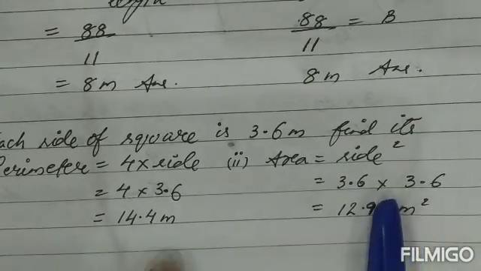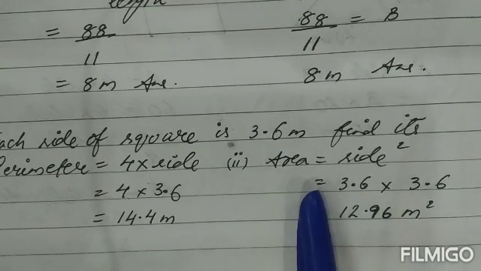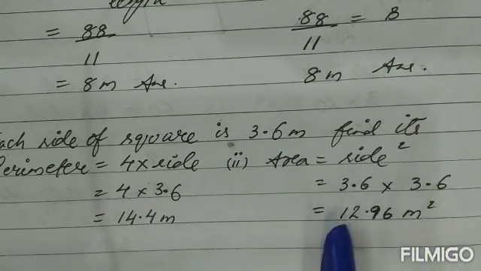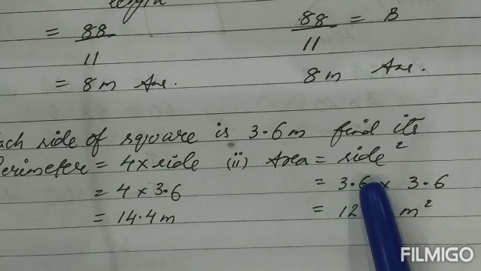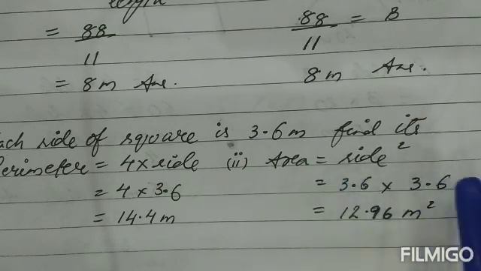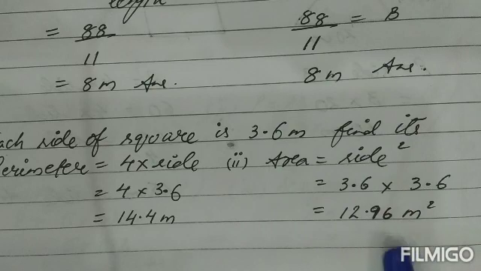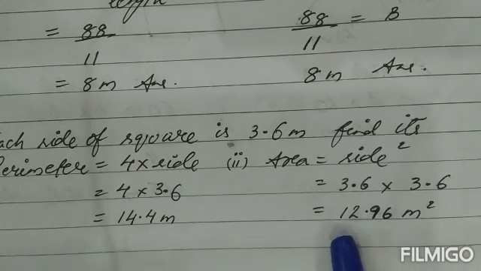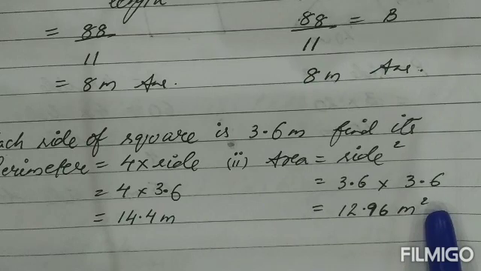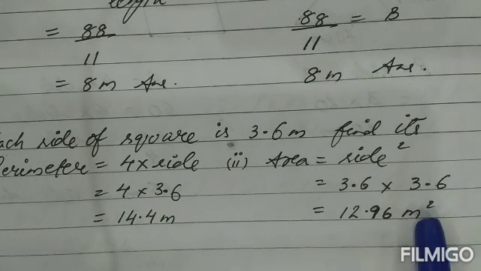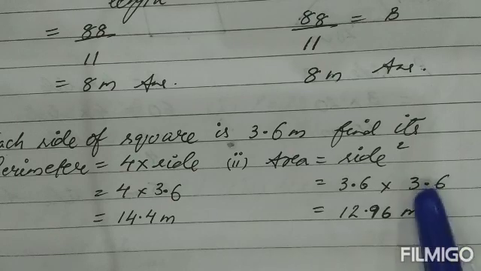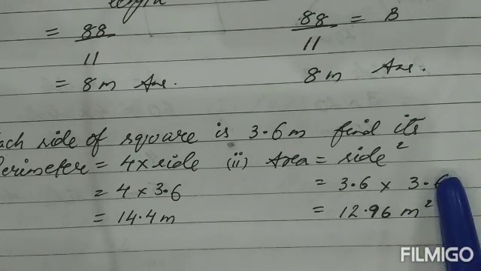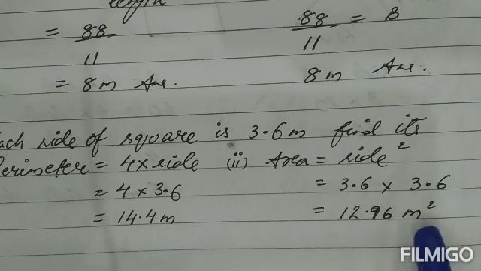Similarly, for calculating area, children, it is calculated by the formula side square. So 3.6 into 3.6 gives us 12.96. Now this time 1 decimal from here, 1 decimal from here. That means after 2 decimal places I have to put my decimal. So from this side I am going to count where the ones unit comes, children. From ones you count 2 places and put the decimal. So my answer becomes 12.96 meter square. Don't forget to put this small 2 over here, children, in the superscript. That means it is written slightly on the upper side, because this is the indication that we have calculated the area.